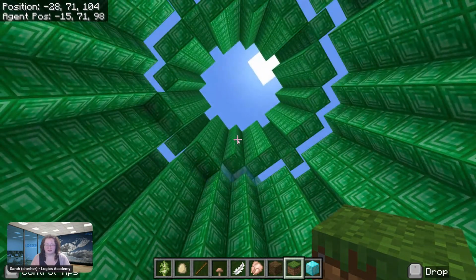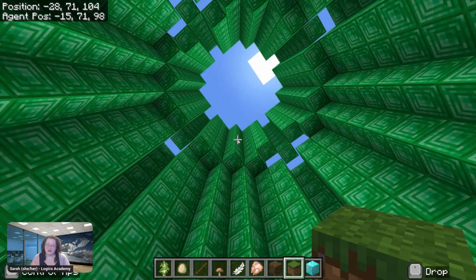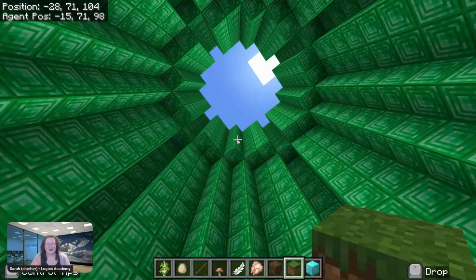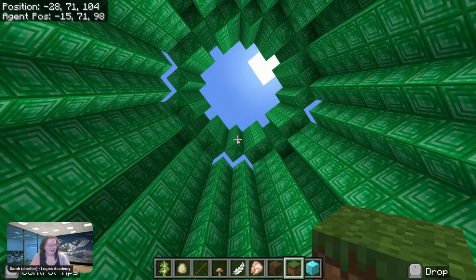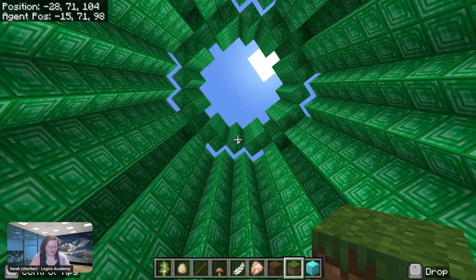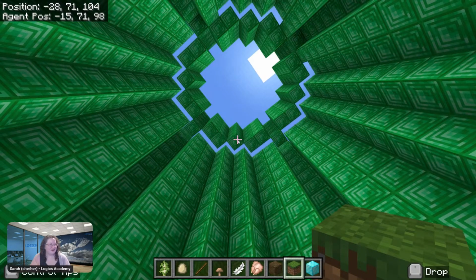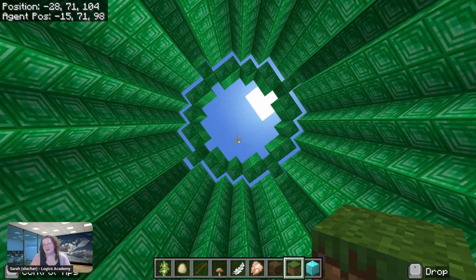So I just have to wait for it to finish. So you can go ahead and finish off your tower. And then I am going to go on to our final piece of code. So let's build up this tower